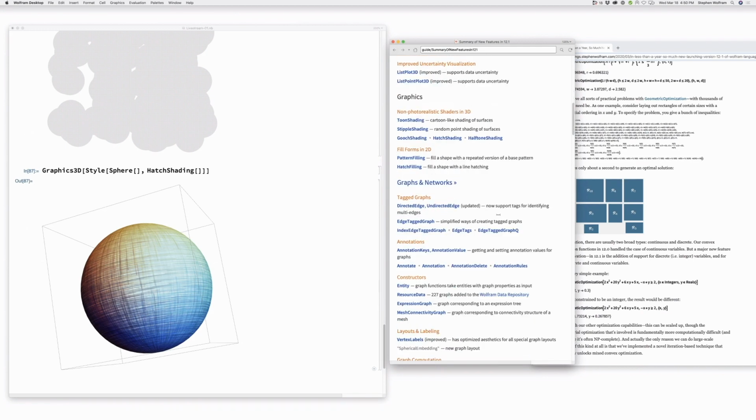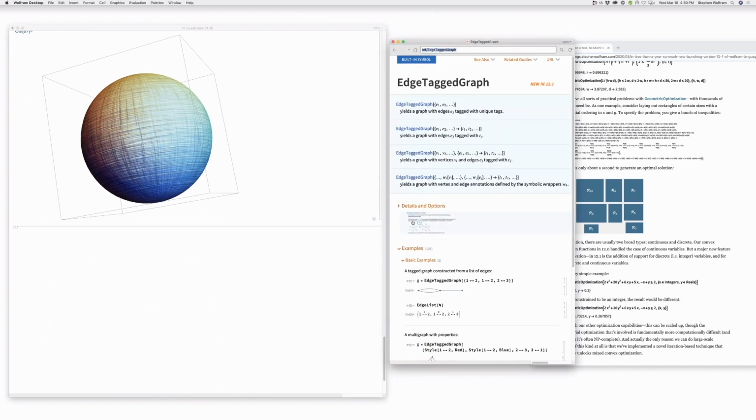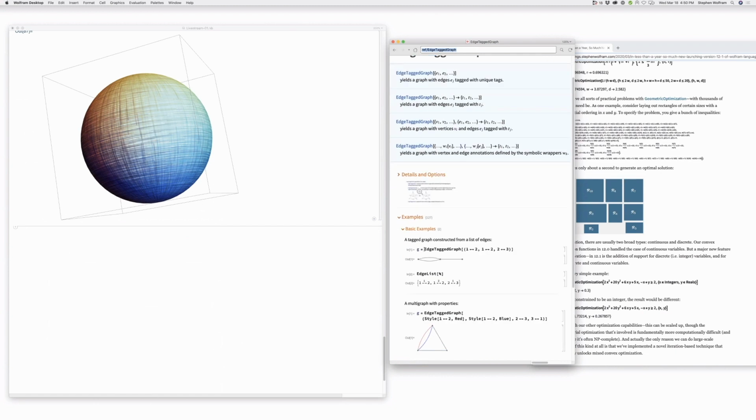All right, let's talk about graphs and networks. Some of this is rather technical. But for people who use graphs, and I've been using graphs a lot in my physics work recently, I'm really excited about some of this. There are issues about multi-edges, and about ways of treating graphs that have multi-edges, that is, where there are multiple